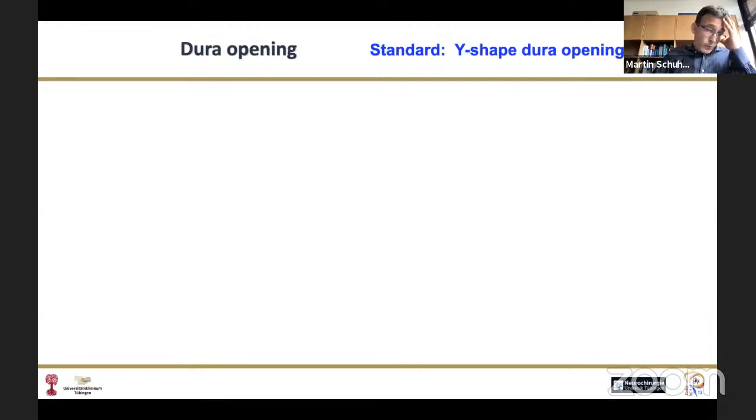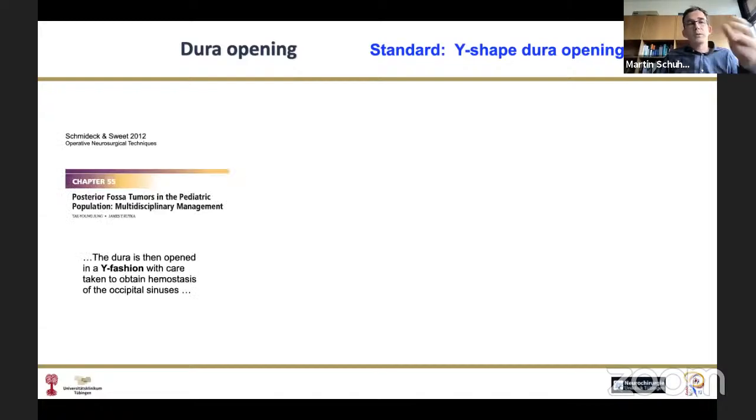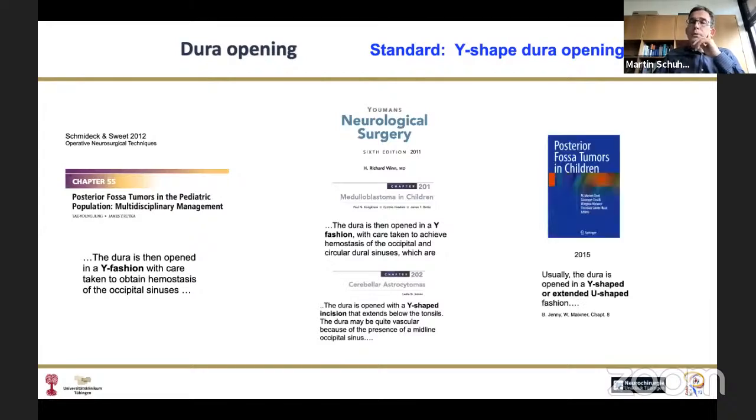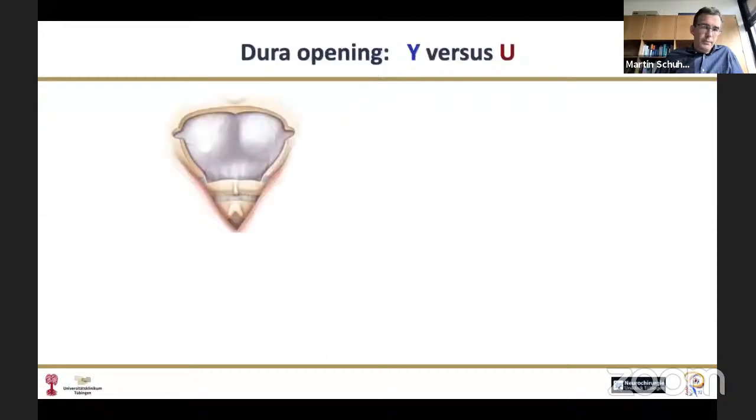Now let's talk about dura opening a bit. Both of the previous speakers have been talking about dura opening, and the standard certainly is the Y shape, and you find it in all textbooks. It is Y shape and it is Y shape here, and only in the posterior fossa tumor book in children somebody mentioned something like a U fashion. And I'll talk a little bit about the U fashion to give our opinion on how to avoid problems with